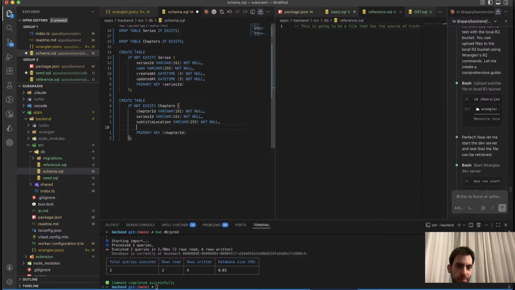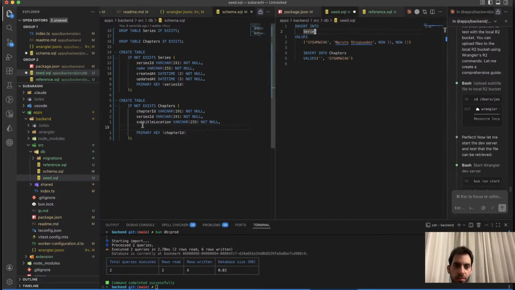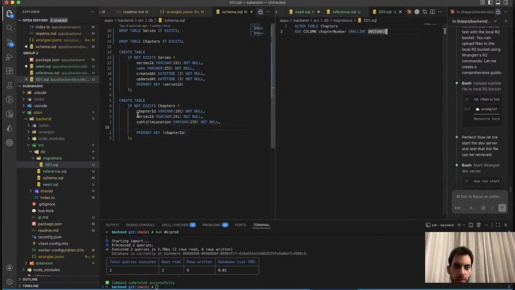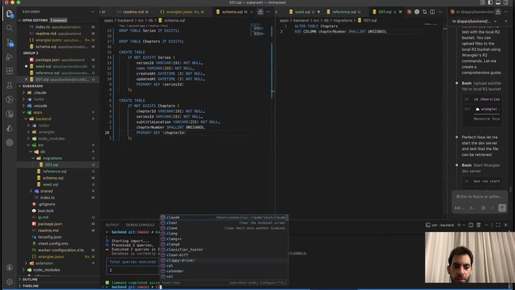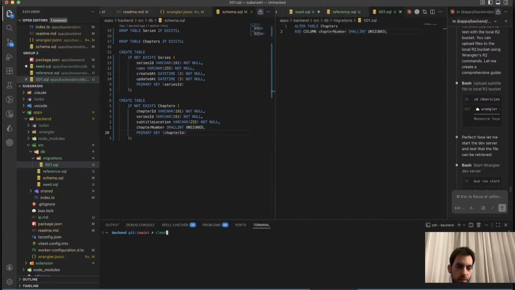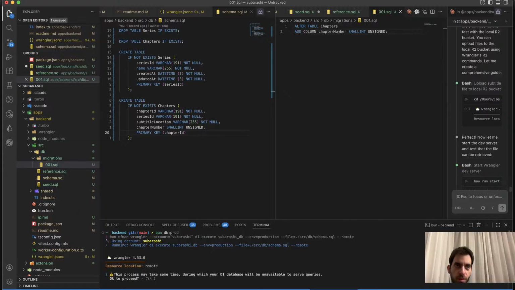Subtitle location, and I'm also gonna add chapter number, unsigned primary key. Okay, I think this is good. So I'm gonna run it. Bond DB prod. And